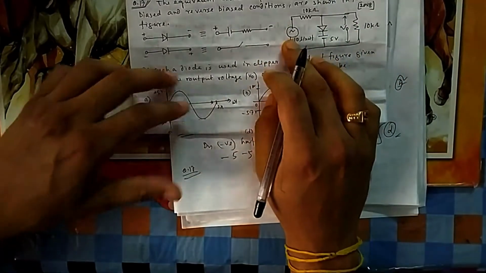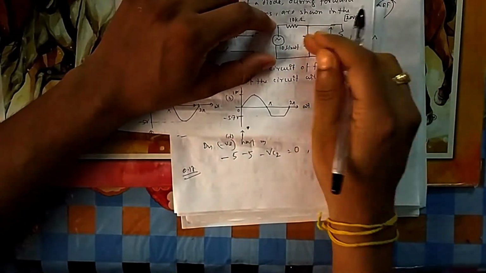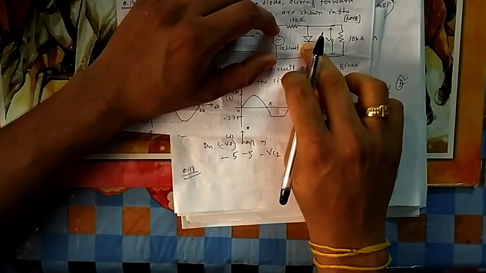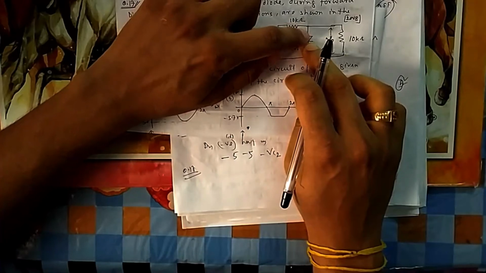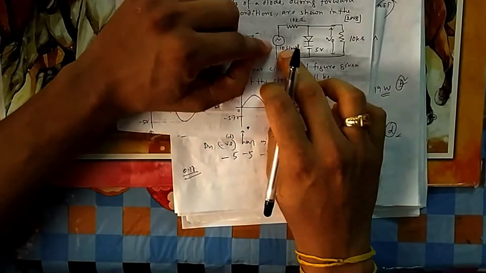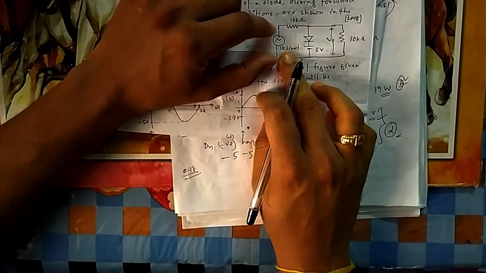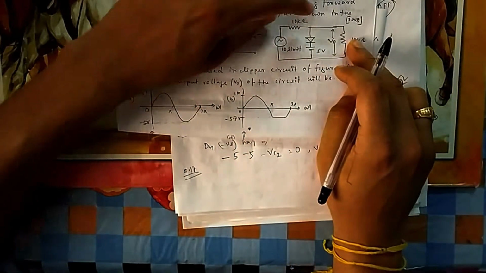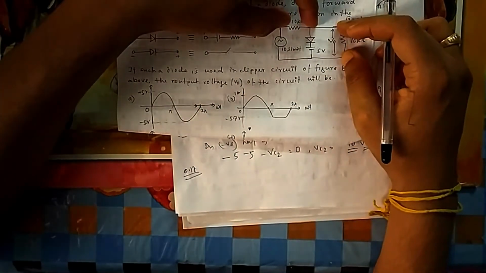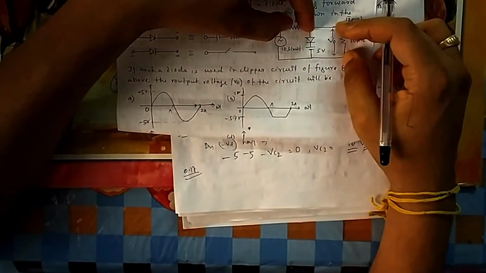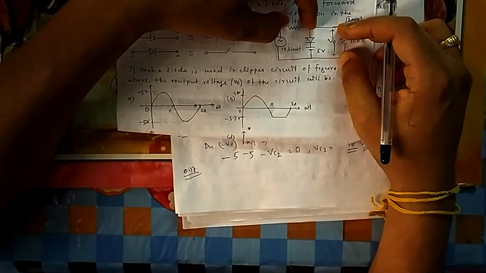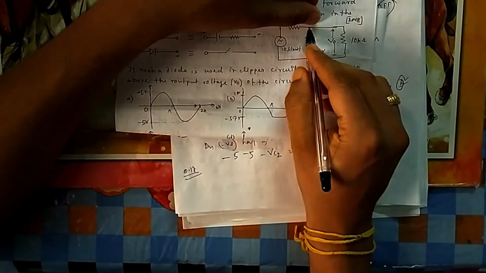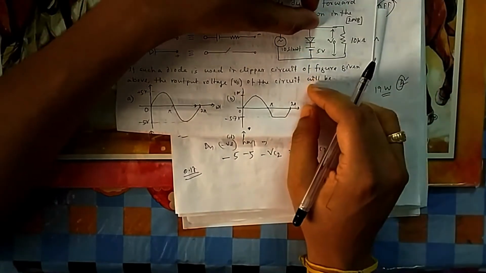Okay, now you see this voltage. If it is forward bias, with plus 5, first we will open this one and see whether it is on or off. This side is connected to 5, so if this side is greater than 5 then it is on. Let me take the peak value, plus 10, in the positive half cycle. Because there is a voltage divider with both resistances equal, this 10 volt will be divided into 2, so this gets 5 and this gets 5. So this voltage is 5 volt.